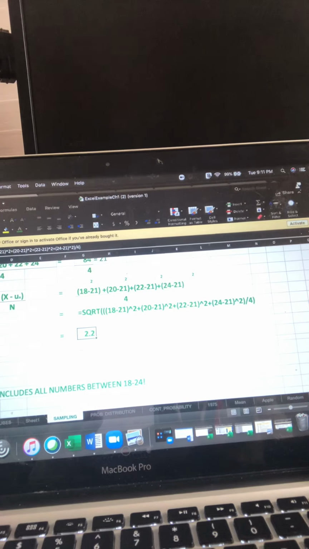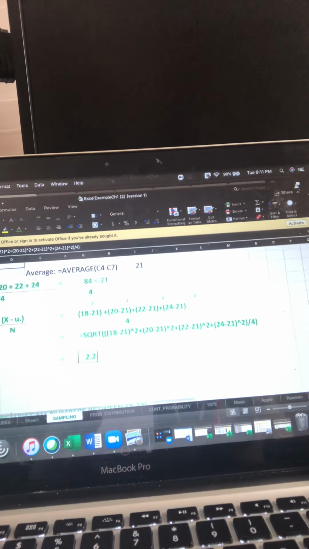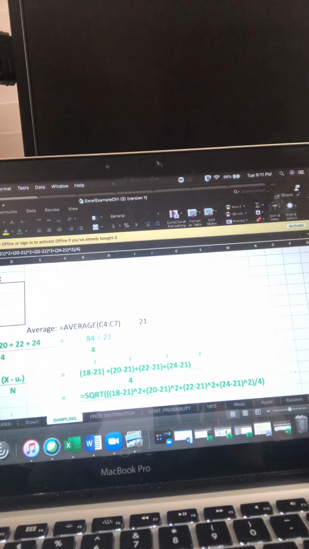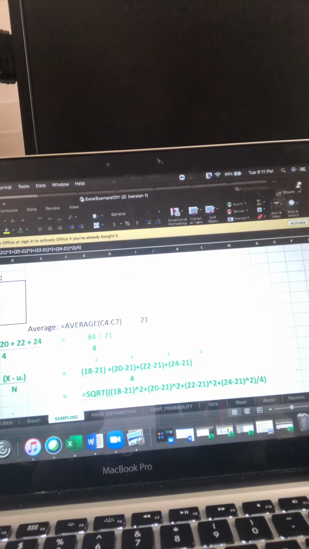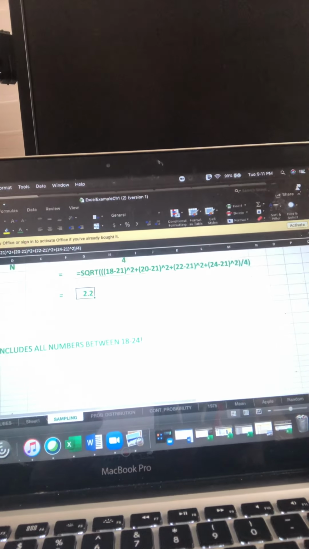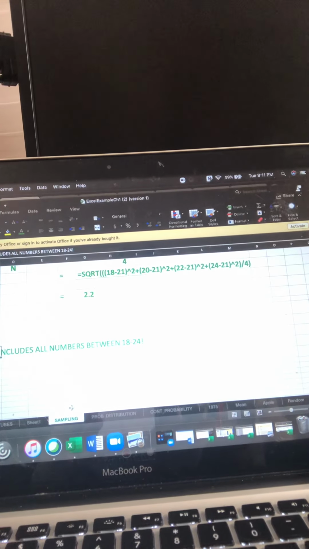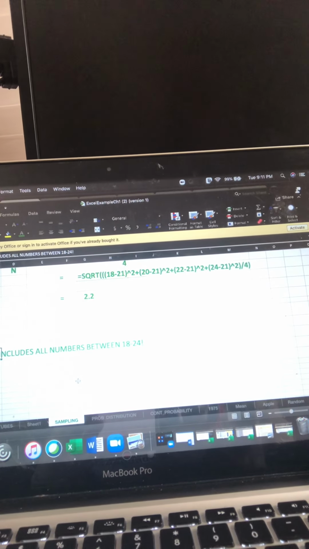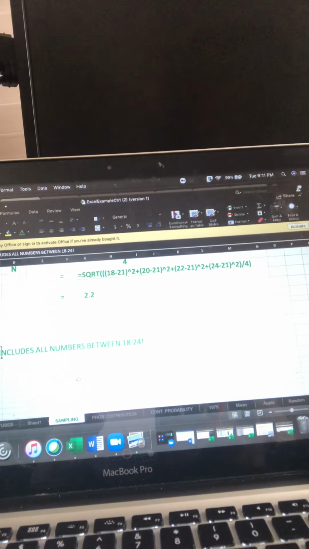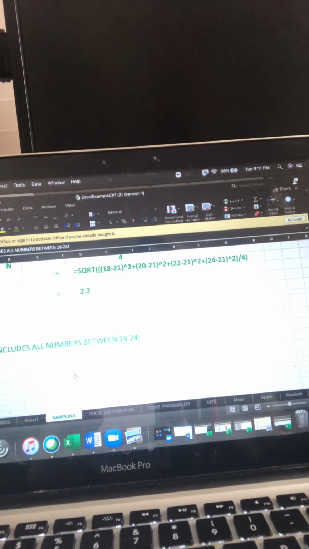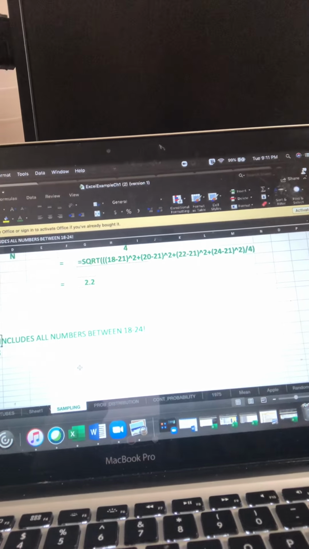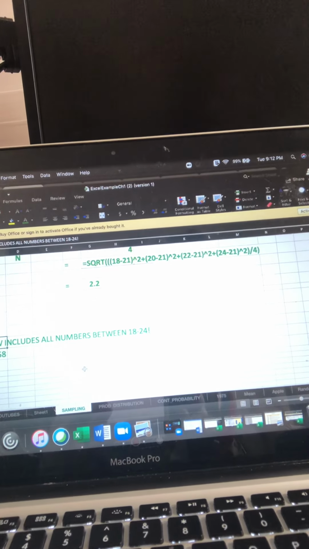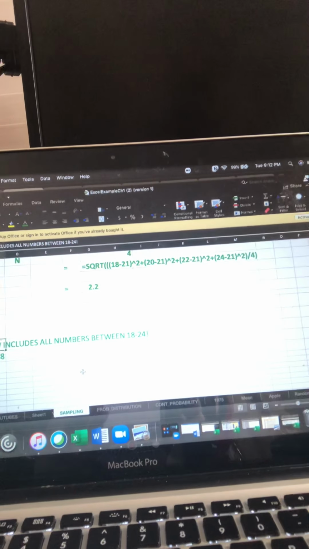So just remember that when we calculate the mean for the sample, it's going to be the same as for the population, but the variance is going to change because now we're including all the population between, in this example, ages 18 all the way to 24, which in this case ends up being 1.58. Now, the next area that we want to take a look at is